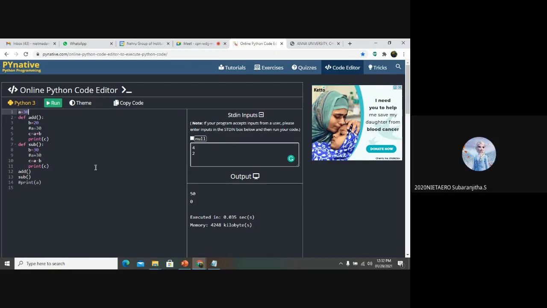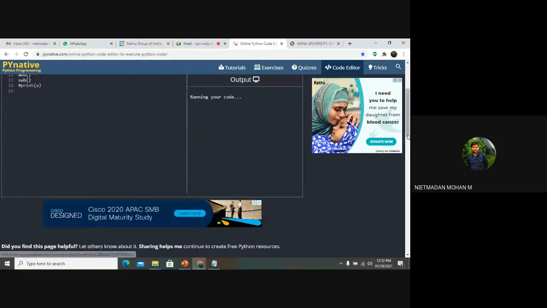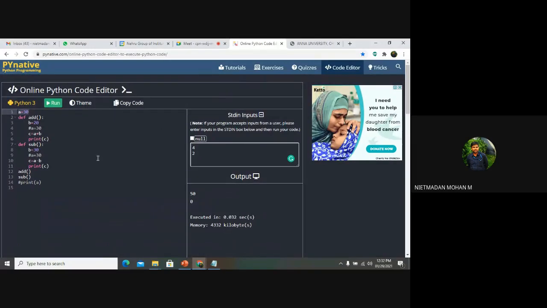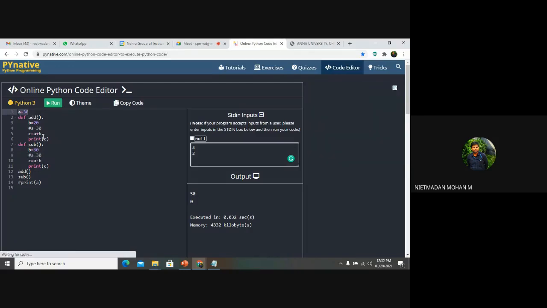Yes, sir, it will run. Yes, it will run because we have declared the global variable in the main program itself, and we are using the main global variable values inside the sub function. It means that if you declare the global variable, instead of using two lines in your program, we can use only one line, and you can eliminate one of the lines from your program. So this is a simple program.